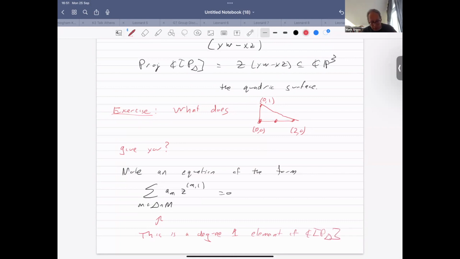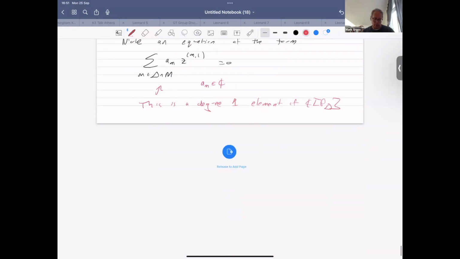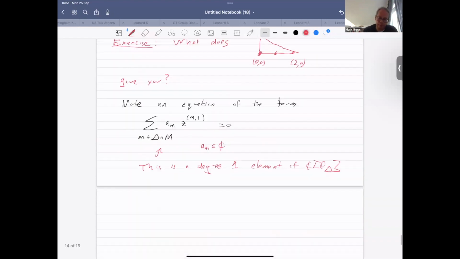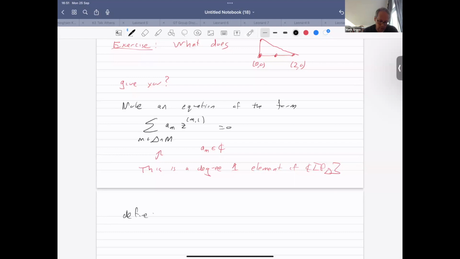And in particular, that makes sense as an equation and defines a well-defined hypersurface. Here, a_m should lie in C. So, for example, in this case, I might be dealing with some linear combination, some equation given by ax plus by plus cz plus dw equals 0. That defines a linear hyperplane section of the quadric surface. So such an equation defines a hypersurface in the variety